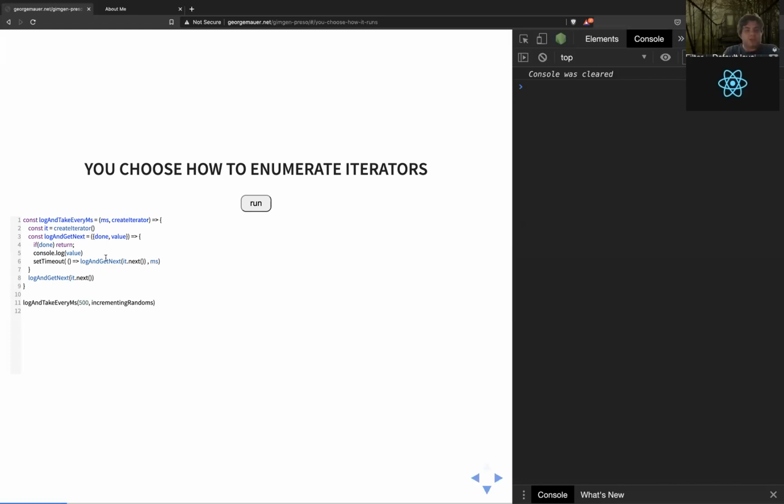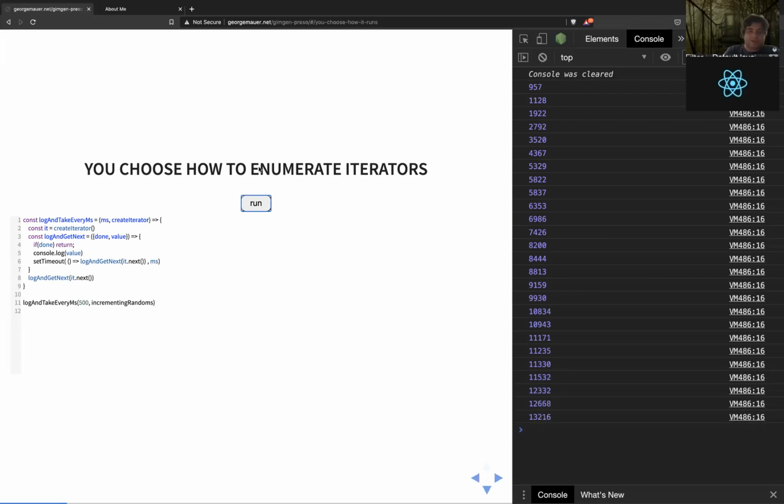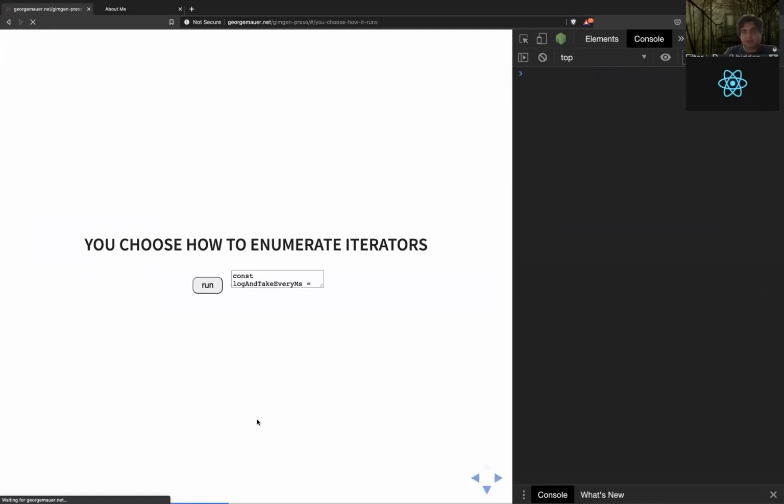We're going to log the next value, and then wait 500 milliseconds until trying it again and again and again, and keep going. So I'm going to click run, and there we go. Every 500 milliseconds, we get a new number that's random, but incrementing. And we just keep going with that. And let me refresh the page so that stops. Great.